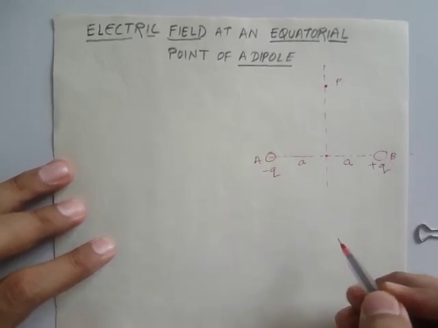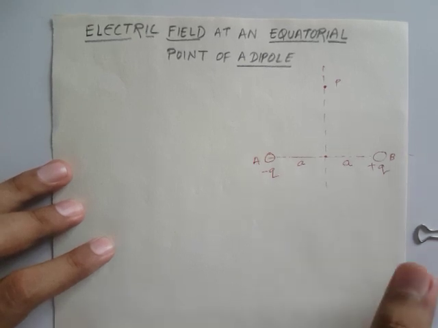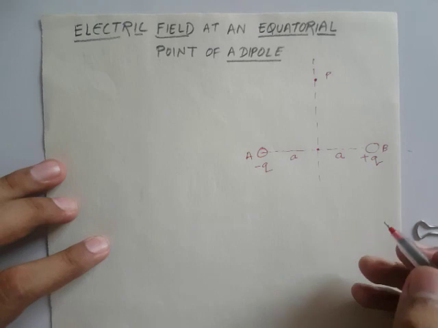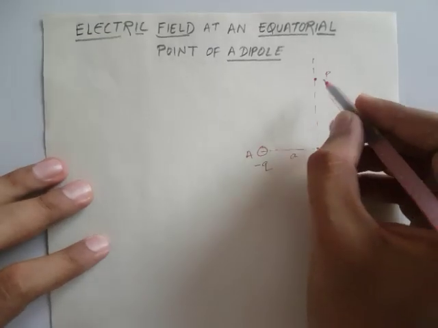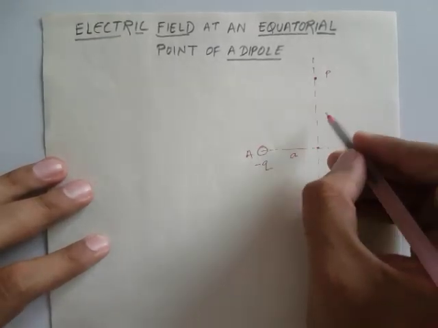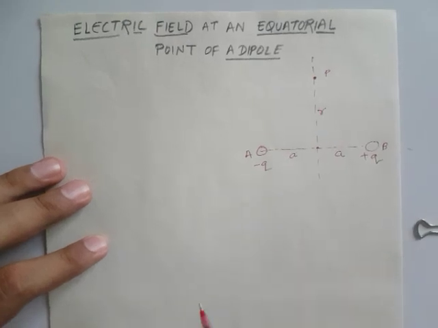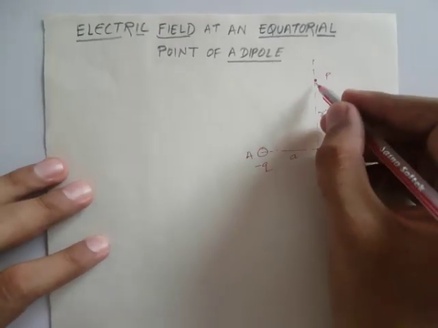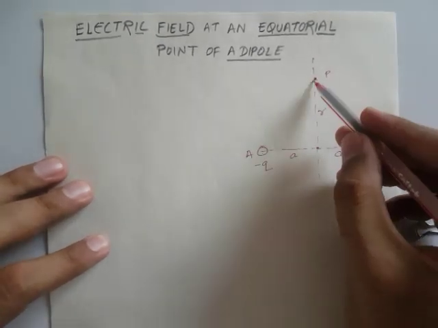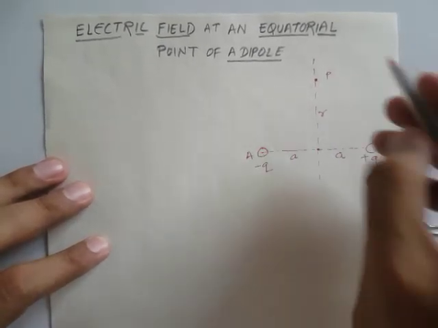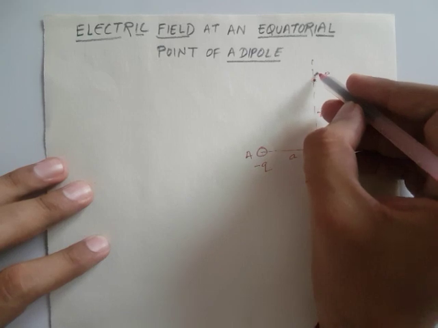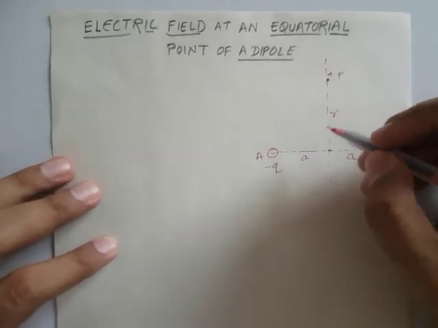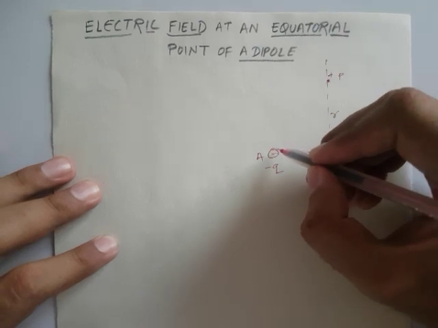If we put more emphasis on this diagram, then we can easily derive the equation. The distance from point P to the center is known as r, but in the calculation we require the direct distance between P and A, and between P and B. This charge at point P that we are keeping over here is positive. Now we will join this line.